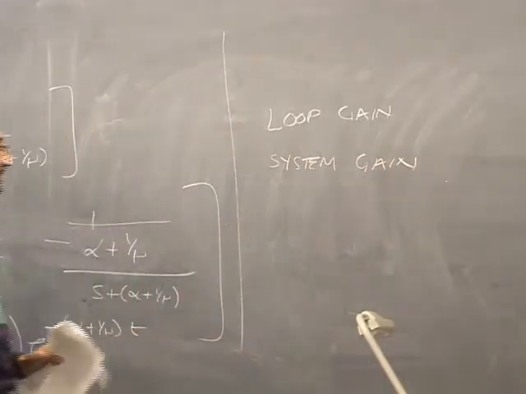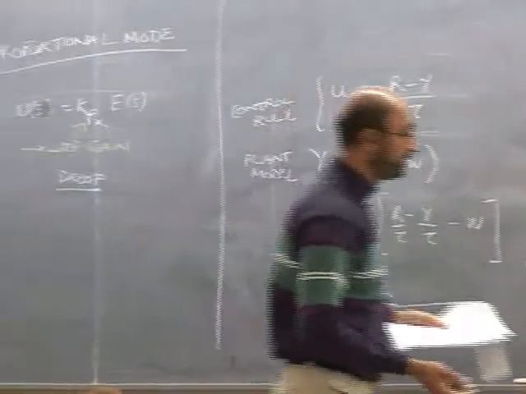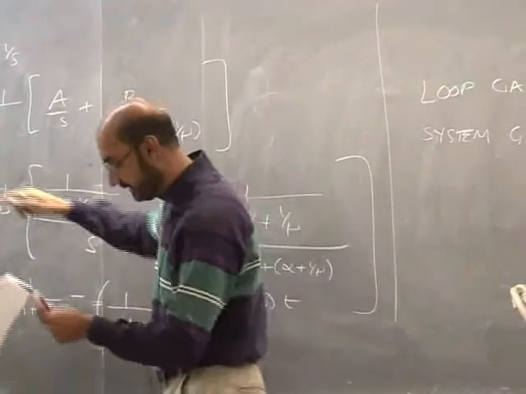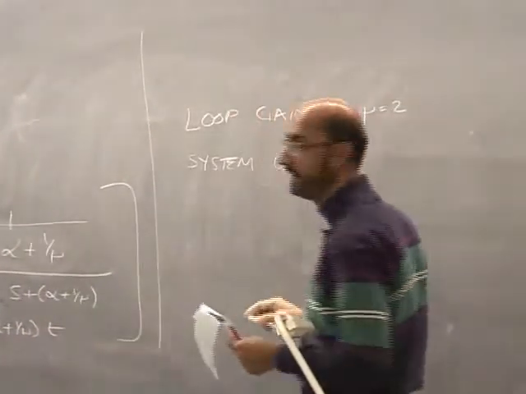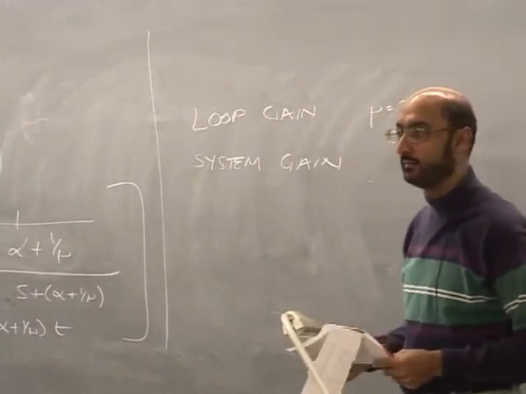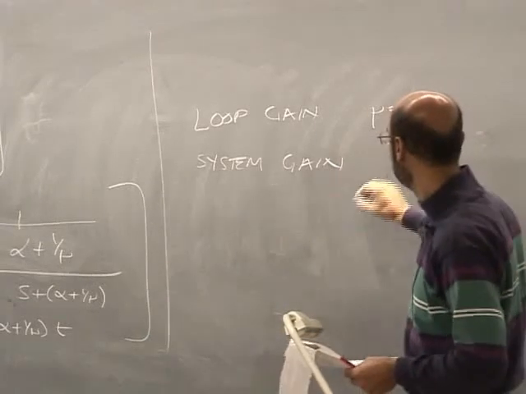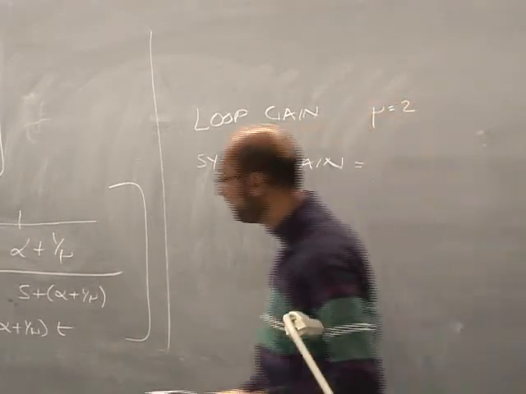So loop gain is Kp. Loop gain is Kp over here, and loop gain is going to be half when mu is equal to 2, right? And because 1 over 2 is 1 over mu, system gain is going to be, so system gain basically says